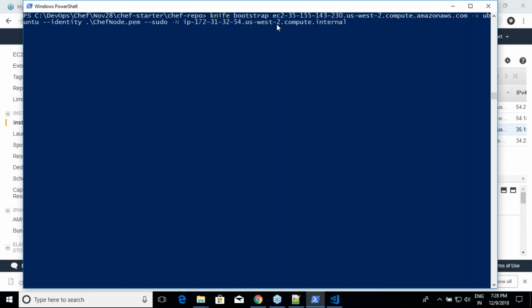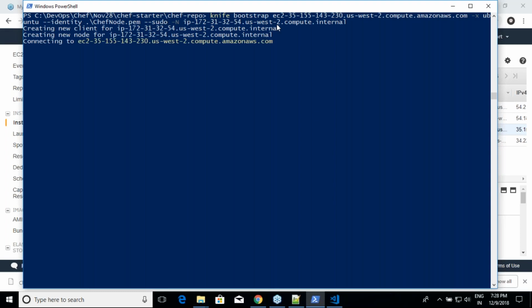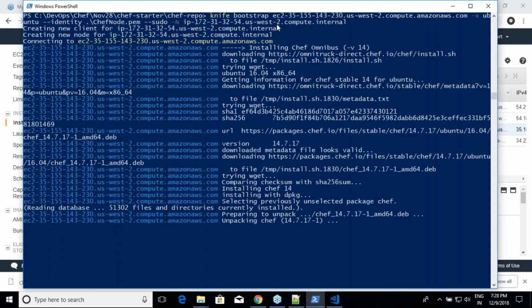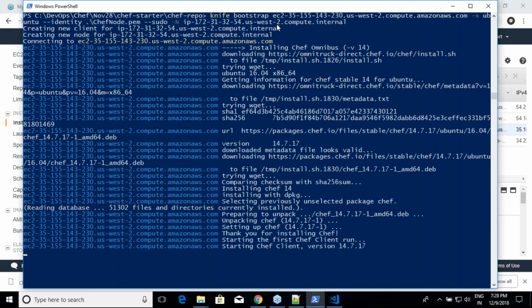All of my nodes are in which environment now? Default environment, which is underscore default. Now I want to change it. So for that you can use knife environment node set and all of that. But I'll be doing it from the UI. If you want, you can do it from the CLI because we know how to do it. Knife environment hyphen hyphen help. Just use that command. Or knife node hyphen hyphen help. You have 2 ways of setting that. Right?